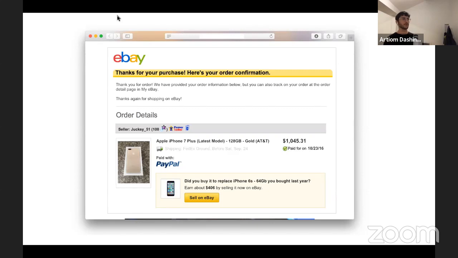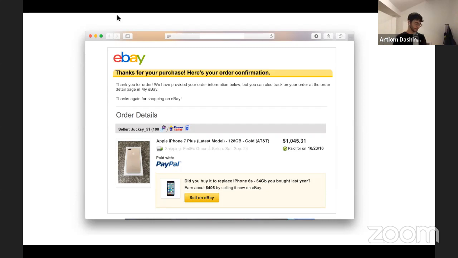For example, if I just bought an iPhone 11 and eBay sees that I bought an iPhone 6 2 years ago, they could assume that I bought the new iPhone to replace the old one. So after I finish my purchase and receive the confirmation email, they could already suggest that I list my old iPhone on eBay.